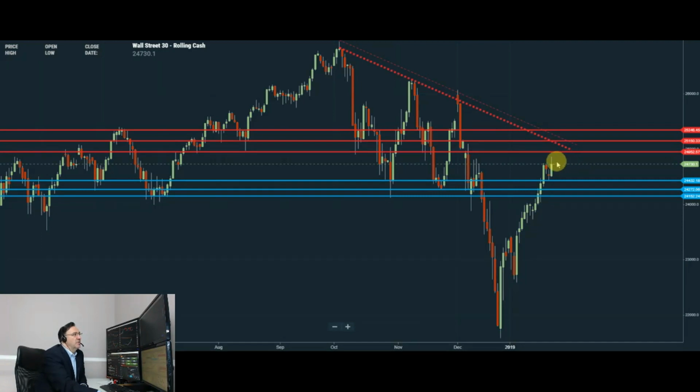A breakout above that level could potentially open up the way for the retest of this zone up here, 25,150, which is signified by the cluster of these previous lows here and also that falling trend line,